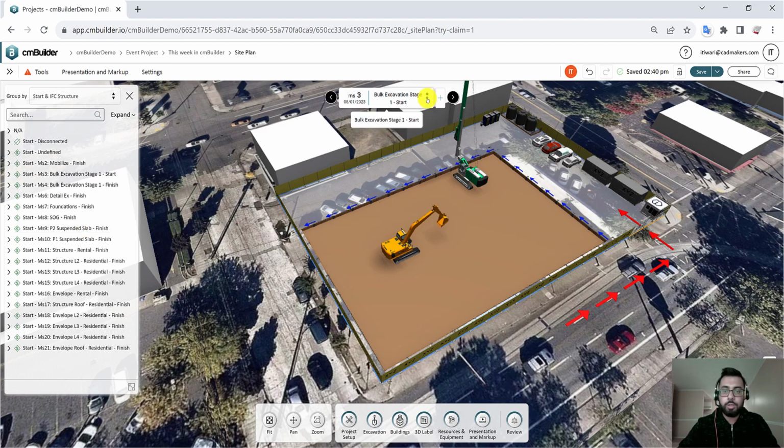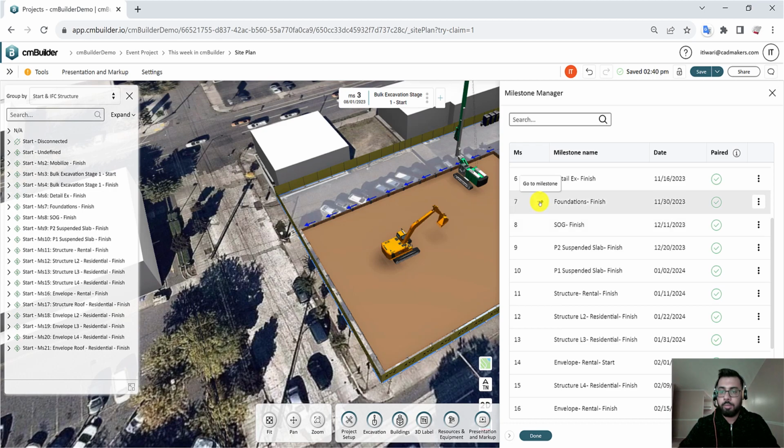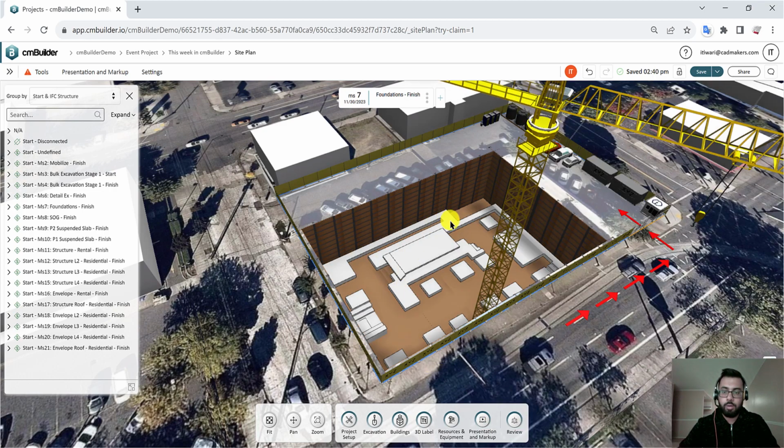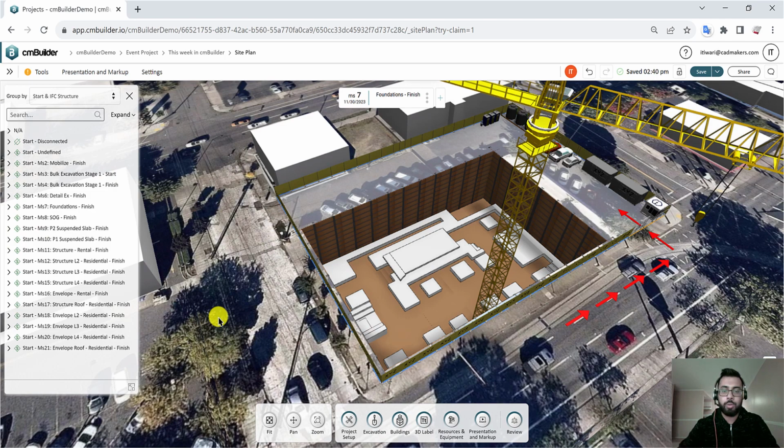So what I'll do is go to my foundation finish milestone. I can see all the elements that are visible in this phase. But if I click on my foundation finish, it will actually show what elements are associated with this date range. And this is especially useful when you are working with your resource timeline, when you're allocating your elements